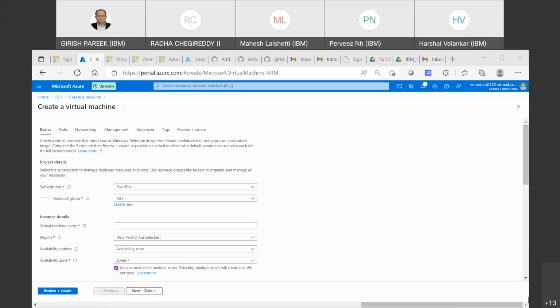So you can have 800 VMs within a resource group, or you can have VNets, or say your DBs, right? So you can have multiple instances of a particular resource type in a resource group, and the limit is, say, 800 instances. So you can think of how big this container is. Okay, now